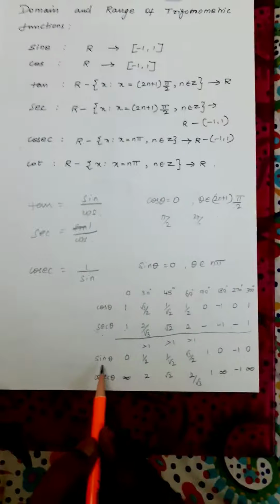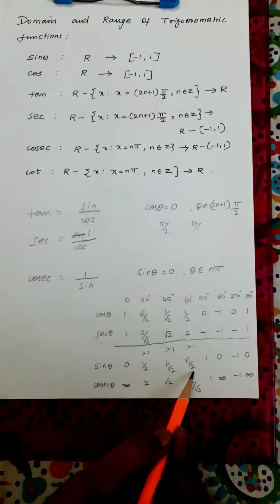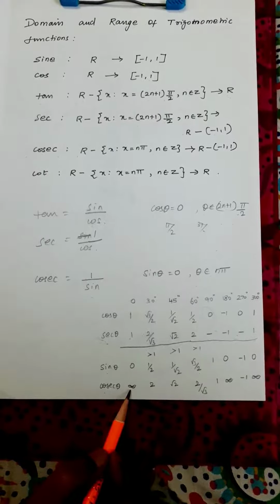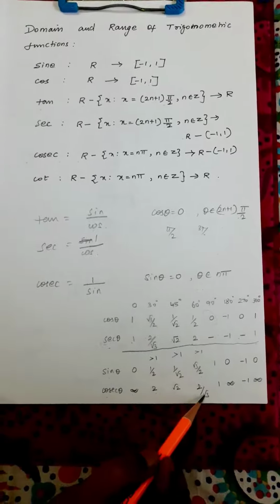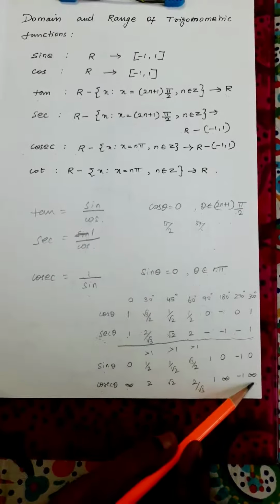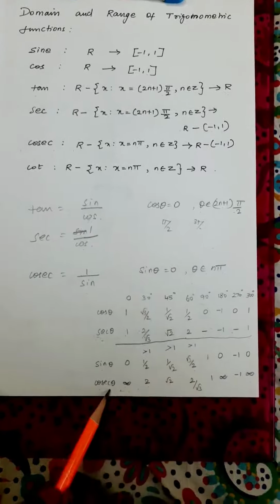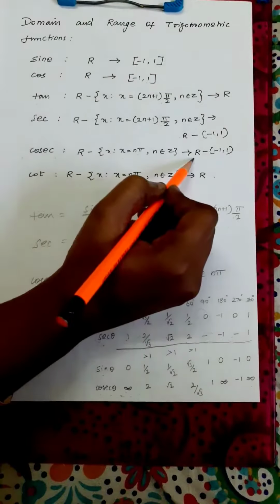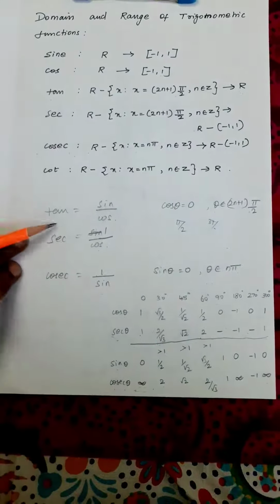Again look here. Sin value of one full rotation is 0, 1 by 2, 1 by root 2, root 3 by 2, etc. So the reciprocal of sin theta is cosecant theta. Here cosecant does not exist, that is infinity. 2 by root 2 is 1.414. 2 by 1.732 also gives you 1 point something. So 1 does not exist, minus 1 does not exist. So here also you didn't get any value in between minus 1 and 1. This is the value for one full rotation. So that is why the range of cosecant theta is the set of all real numbers except the open interval minus 1 to 1. Now come to cot theta.